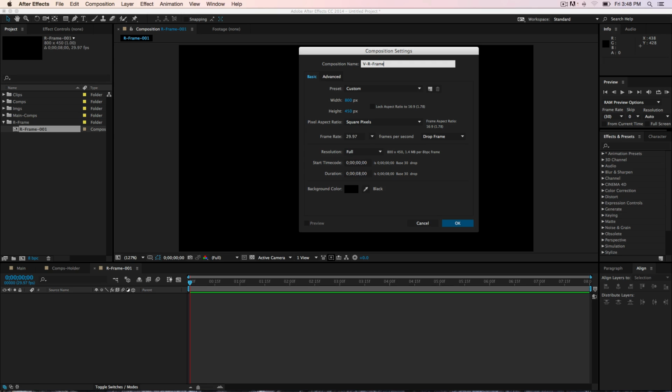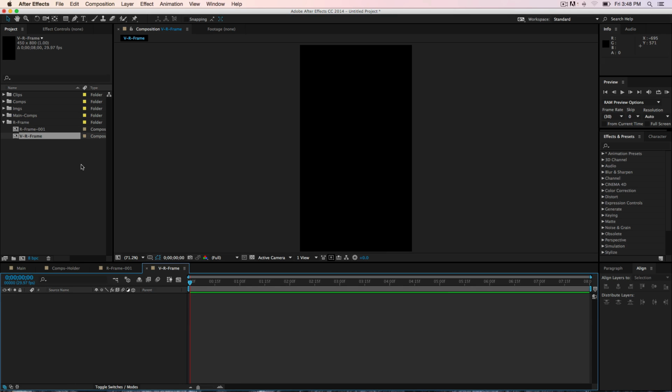We are not gonna add a number because it's only one, so we need to change the size, and width we want 450, and the height we need 800, and make sure it's 8 seconds as well. Hit OK. And also we need to create another, but before we create that, we need to create the heart